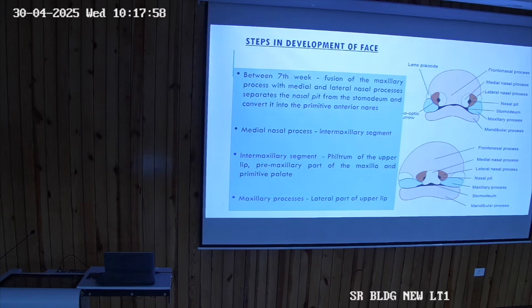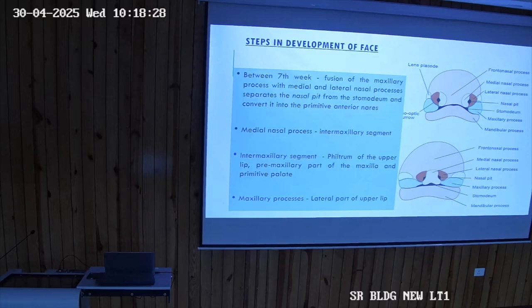There are three things that are derived from the intermaxillary part. The central part of the upper lip, which is known as philtrum. Then the central part of the upper jaw, including 4 incisors. And the premaxilla part. Have you seen the maxilla? The central maxilla part, the palatine process of the maxilla, is triangular in shape. So it forms the premaxillary part of the maxilla.